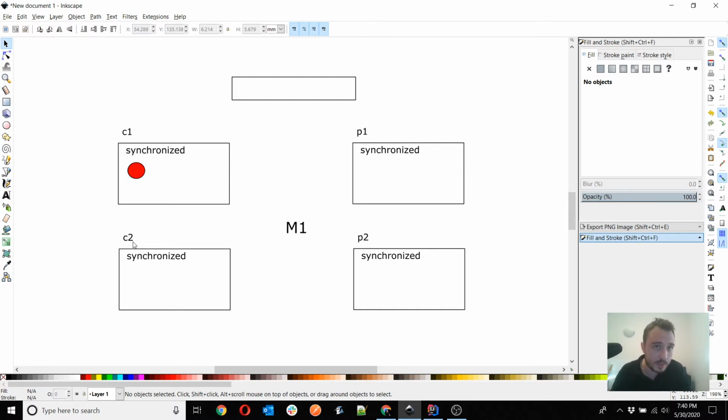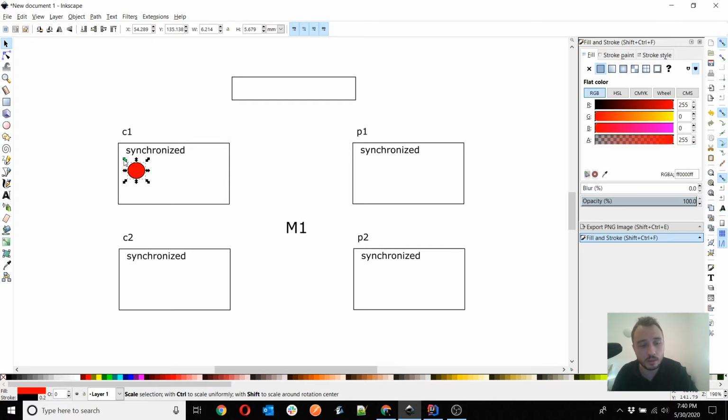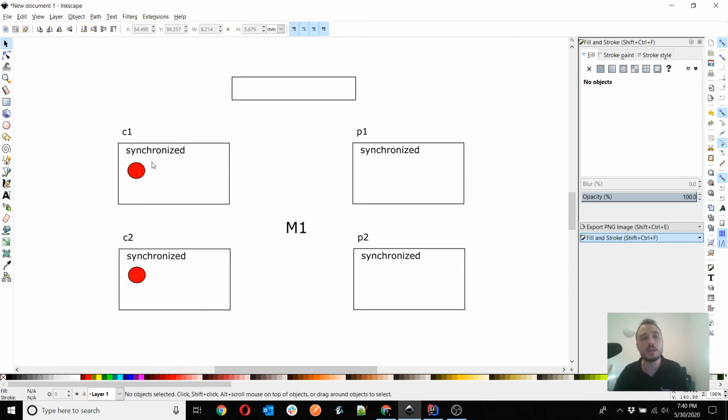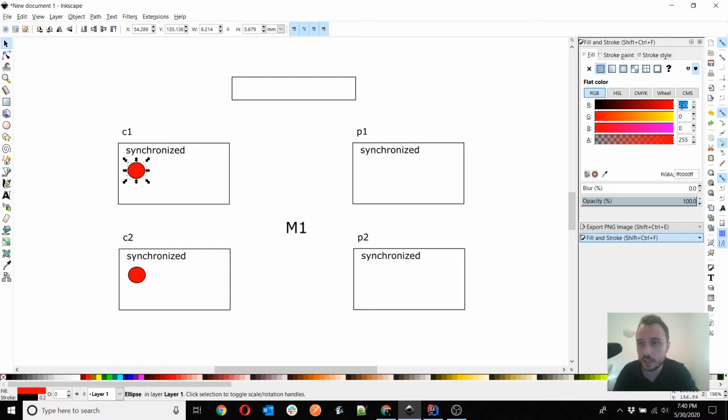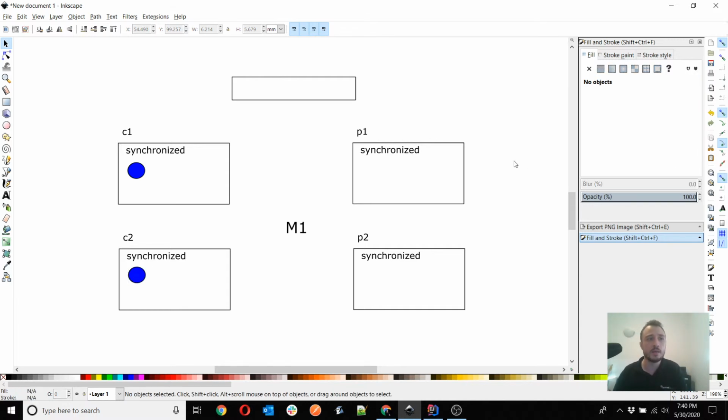If it chooses C2, then this consumer as well will see that the list is empty, which means that it will automatically get blocked as well. Blocked was in my case blue, isn't it? So this one as well as this one, they are blocked now. This can happen at most up to all consumers. Say you have 10, all 10 will be blocked at some point. Like we have now 2, both of them are blocked.